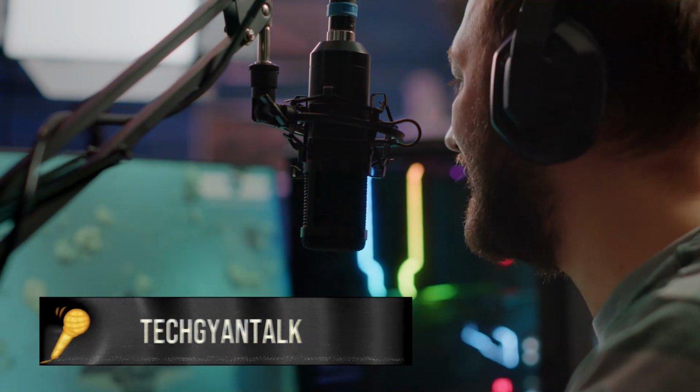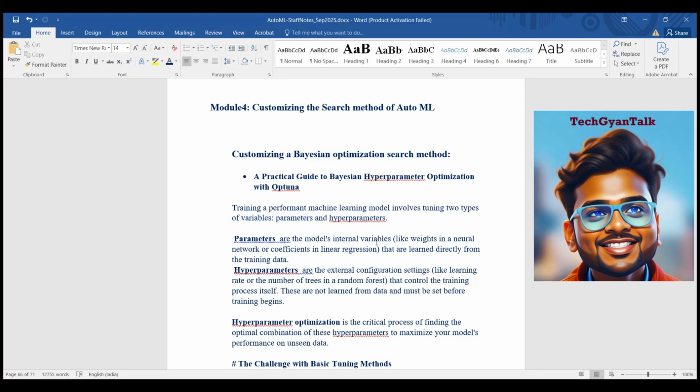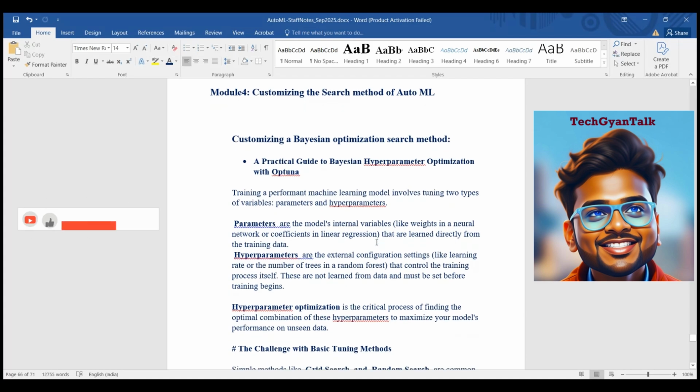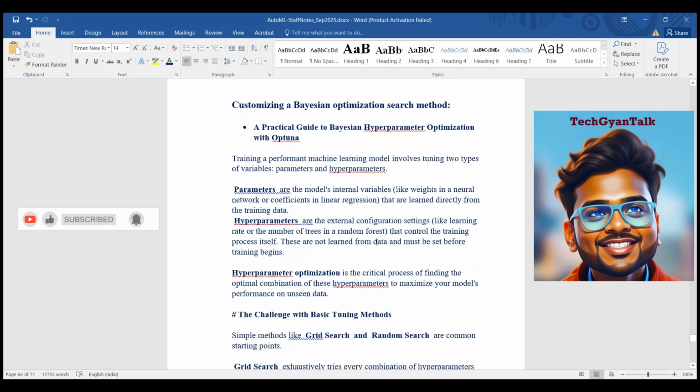Search method of AutoML. In this, we are going to discuss customizing a Bayesian optimization search method. This is a practical guide about Bayesian hyperparameter optimization with Optuna. This is one example we have taken. And this is achieved by training a performant